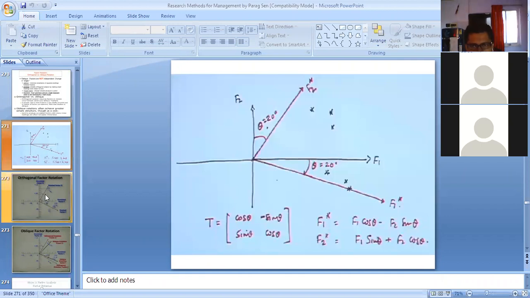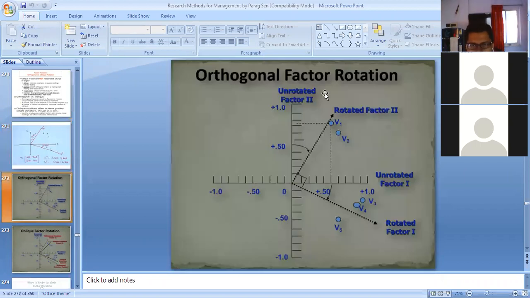Now I will show you the orthogonal factor rotation. You can see that initially this was your unrotated factor 1, and this was your unrotated factor 2. Now what is happening is that we are rotating the factors.